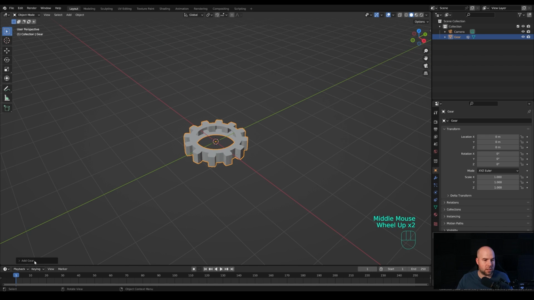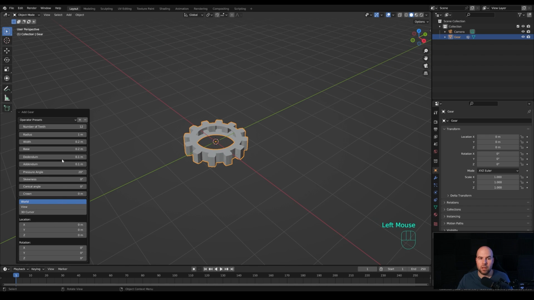And now just expand this window right here and you can modify a lot of options for the gear, including the number of teeth and stuff like that, but I want to keep that at 12. So let's just move on and let's adjust the base width to something like this, so it's a little bit more chunky, and then we'll play with some of these preferences right here, to make the teeth a little bit larger, something like this maybe.